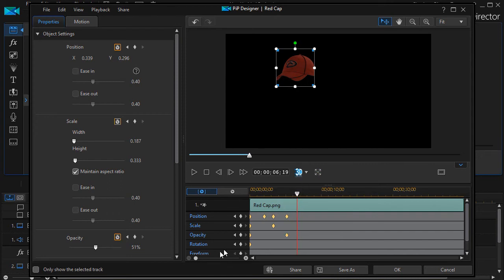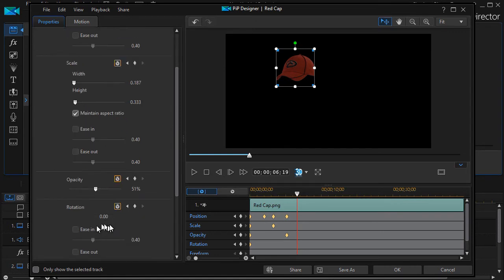And then we'll move the scrubber a little bit more, another couple of seconds here. And now I'm going to set the rotation. So what I need to do is, at this point in time, I'll go to my rotation settings. We'll make it do a flip. We'll do 180 at this point in time,